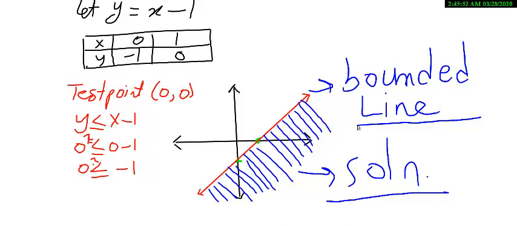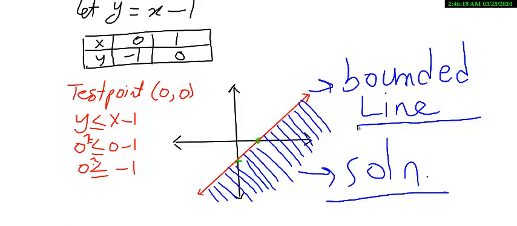The second procedure is to graph it, then highlight the target point, which is called the test point. The test point will be (0, 0), a point not on the line. Then you substitute it into the given inequality and test whether it's a true statement or not. If it's true, that means this point is included in the area. If it's not a true statement, that means the point is outside the target area, which is the solution